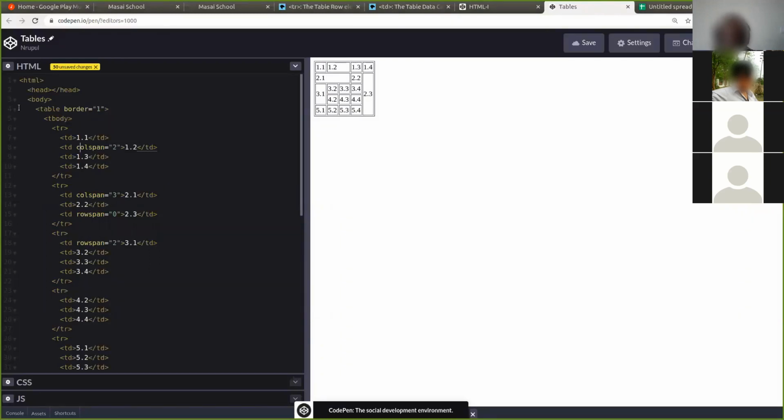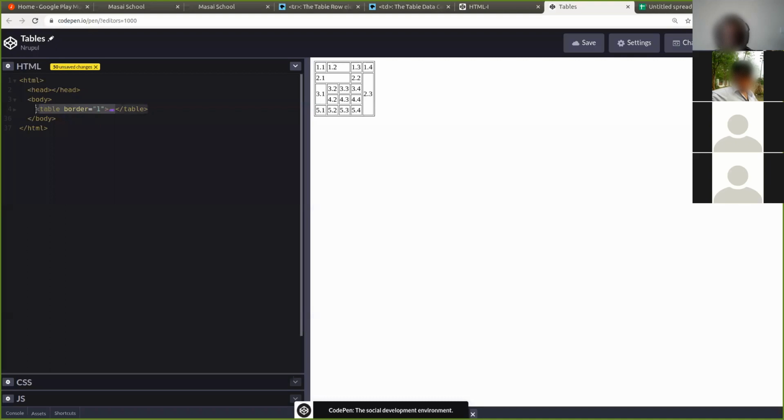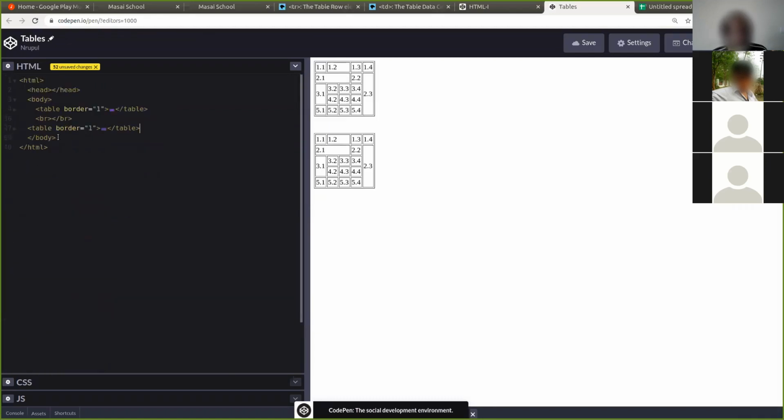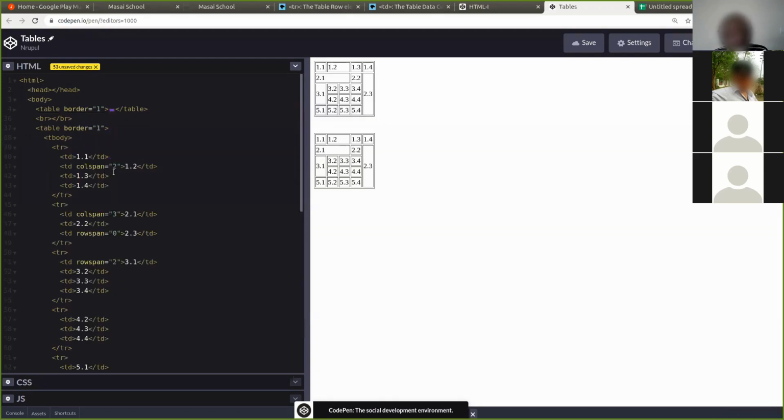Again, let me create one more table here by changing. I'll copy one more thing. Let me put some BR. So it's the thing. I copied it. Now by default colspan is 1. If I make it colspan 3, now it has 1 plus 3 plus 1, so 4 plus 2, 6. It has total 6.